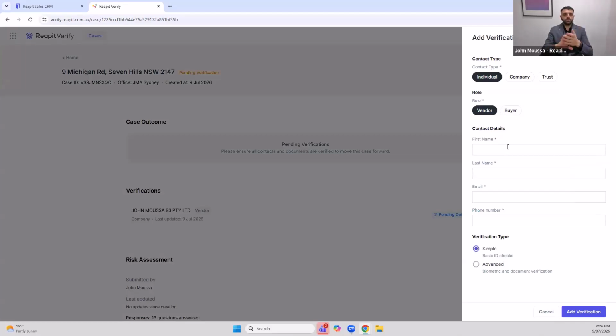But if you're a non-Reapit sales customer and you now want to verify a buyer, so this property is live on the market, we've just received an offer and a buyer has bought out at auction, for example. That buyer is buying it as an individual. So we're going to go individual, we're going to go buyer, we're going to put their first name, surname,